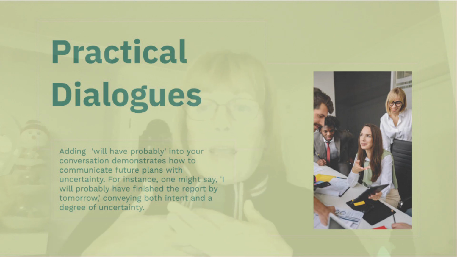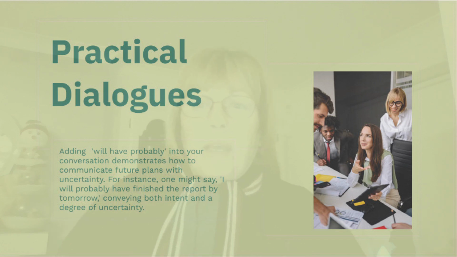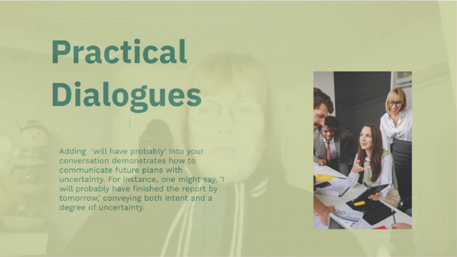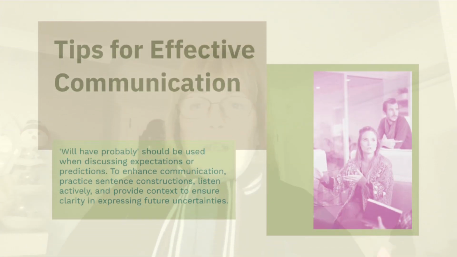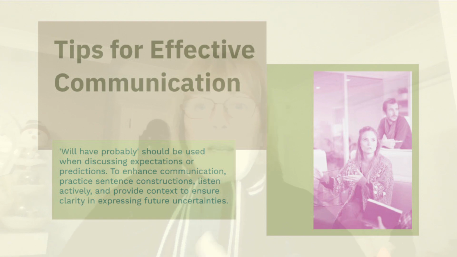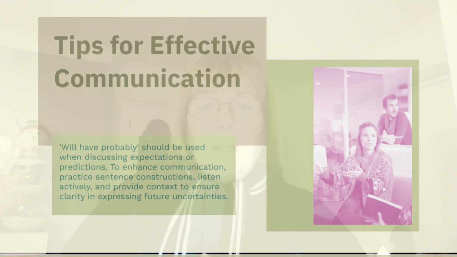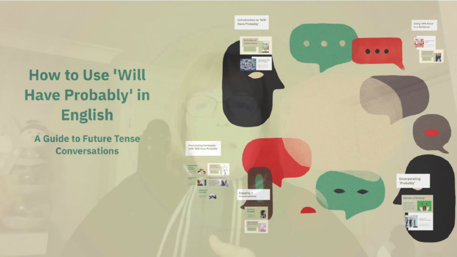Just because I say will probably have and I say will have probably doesn't make it any different. They both mean the same thing. So think about what you're intending and what your uncertainty is. So will have probably should be used when you're thinking about expectations or you're making predictions. And your guide to the future,